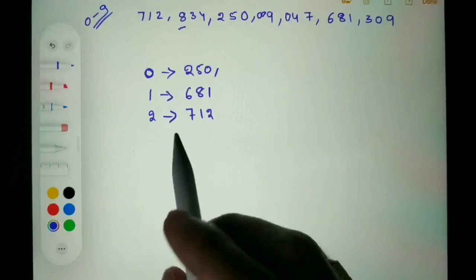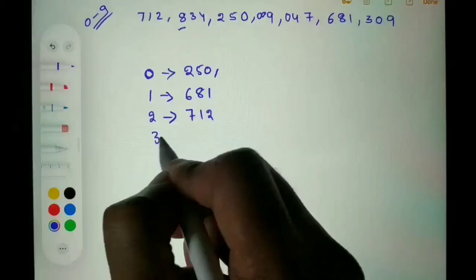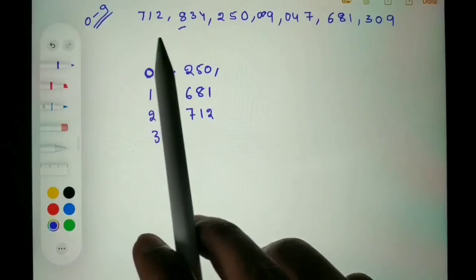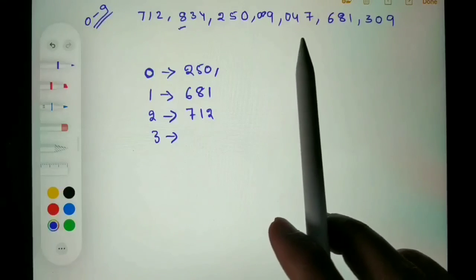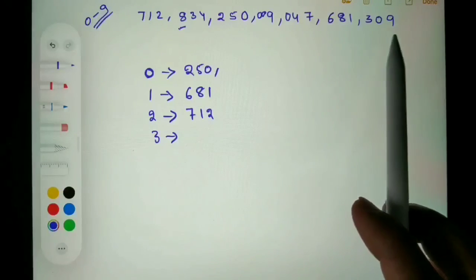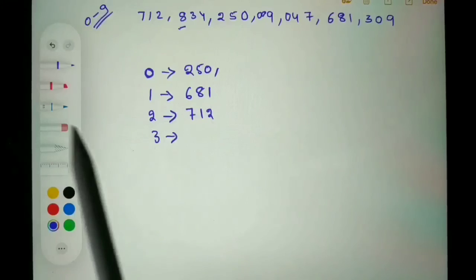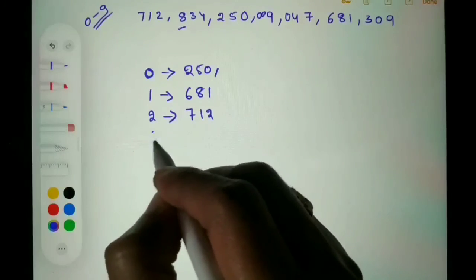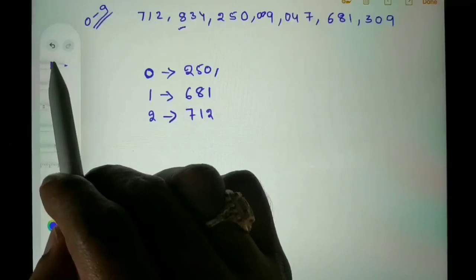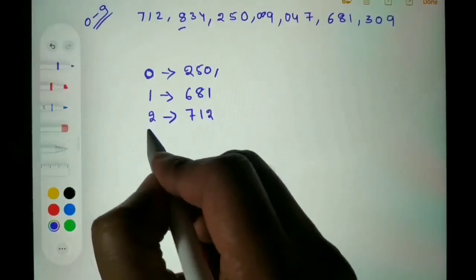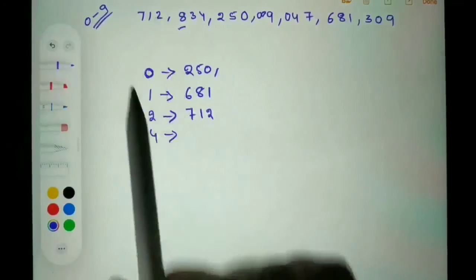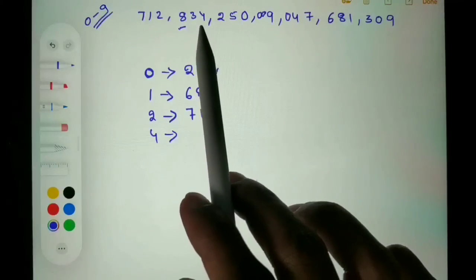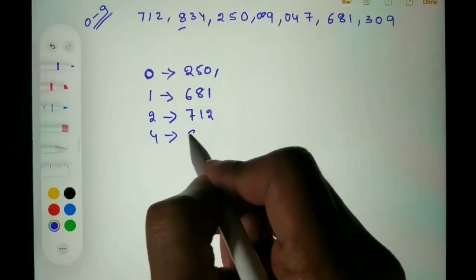Then I will move on to 3, and I don't see any element which has 3 as a first digit, so we can ignore 3. We don't need to do anything with 3. And I will move on to 4, and I can see one element which has 4 as a first digit, that is 834.